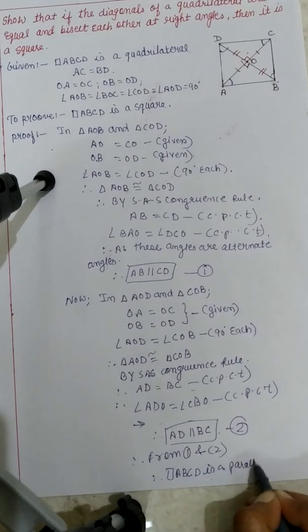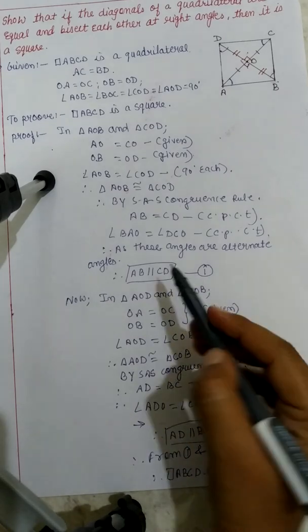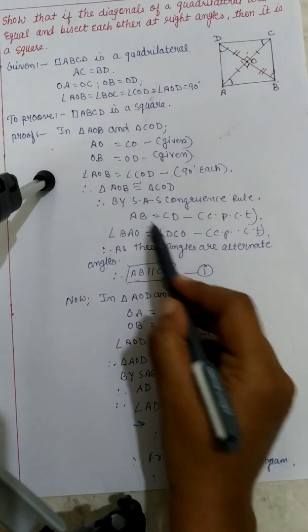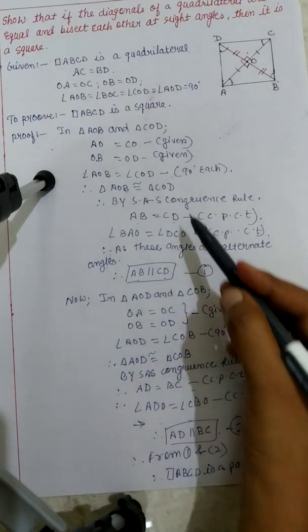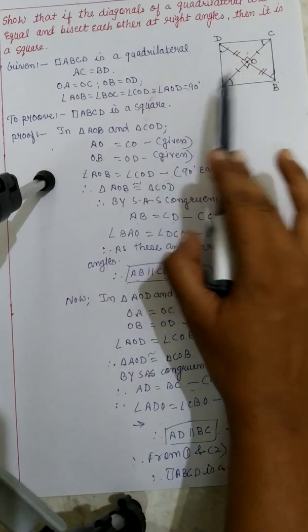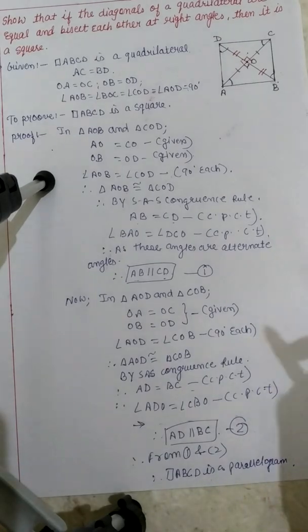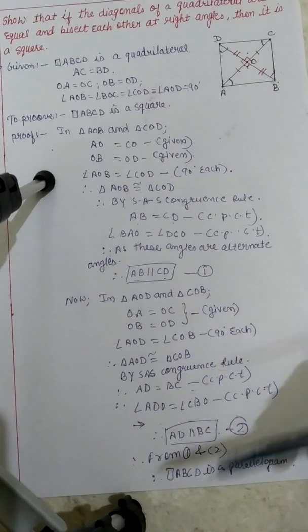ABCD is a parallelogram, and also we have proved that these are parallel sides and here these sides are equal. Okay, I have done a very lengthy method in which separately I have proved that the opposite sides are equal and parallel. You can also conclude with one part. Okay, you can go for the shortcut. This I have shown to you to understand.